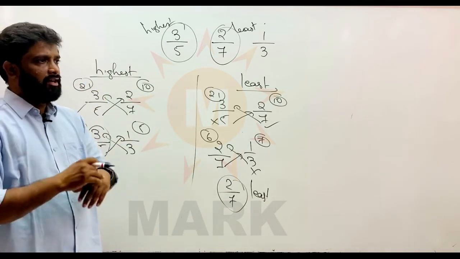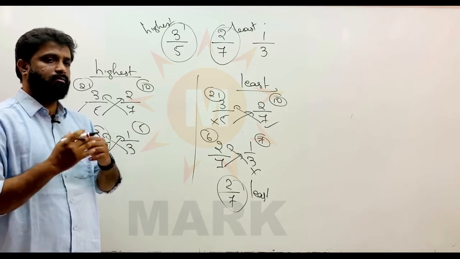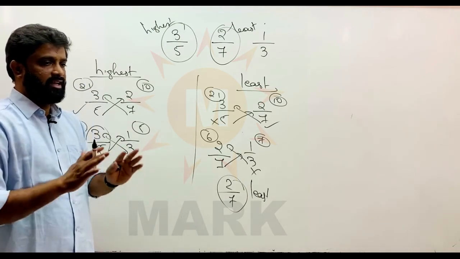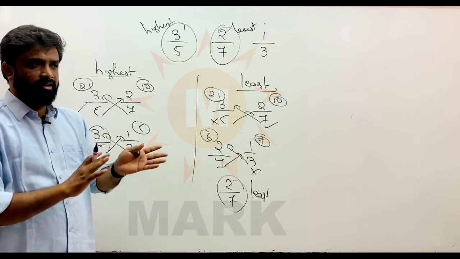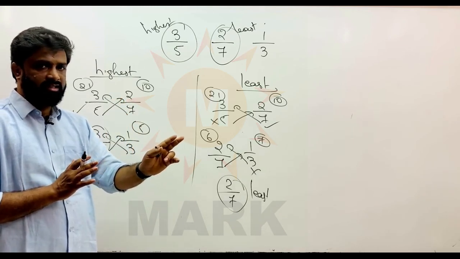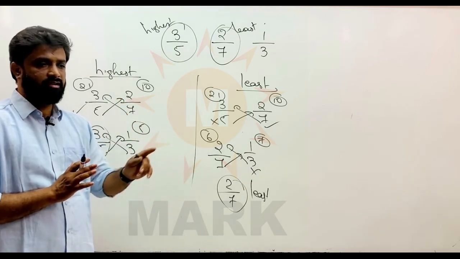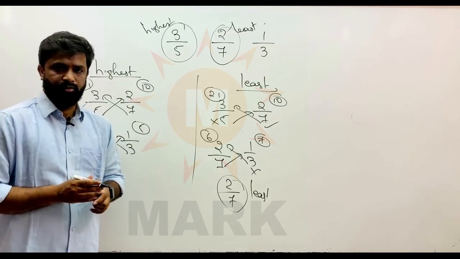So finally, whether they give directly proper fractions or improper fractions or mixed fractions, without using any calci, when the results are coming in decimals, by using up-cross multiplication you can immediately tell in just 10 or 15 seconds, this fraction is the highest of all and this fraction is the least of all.